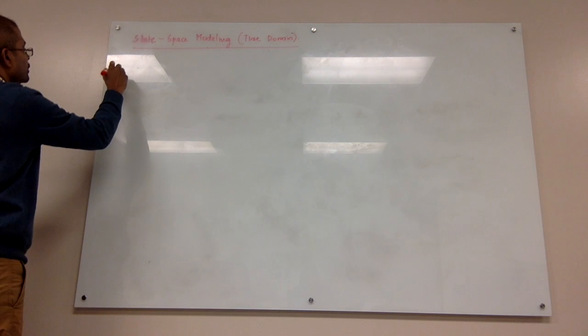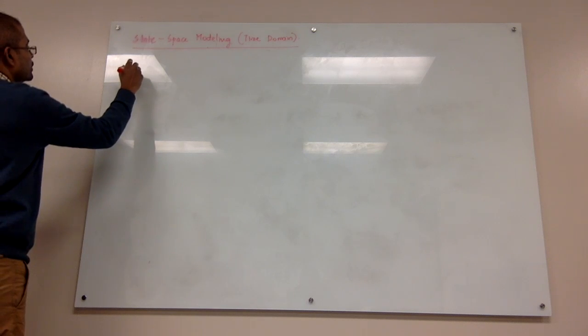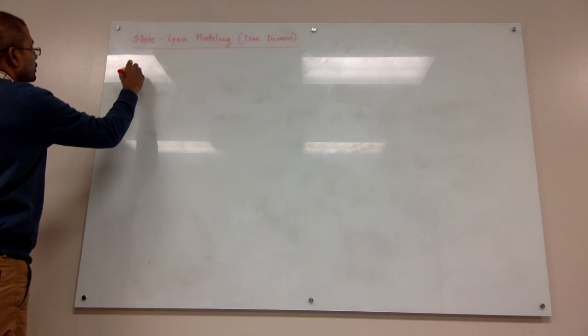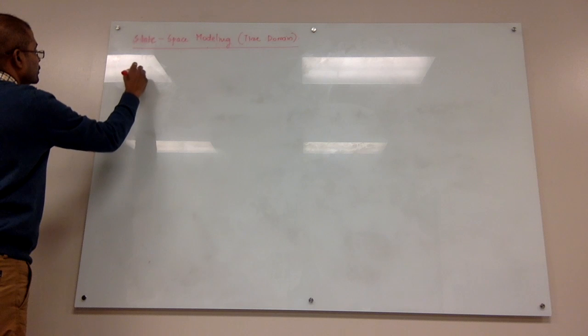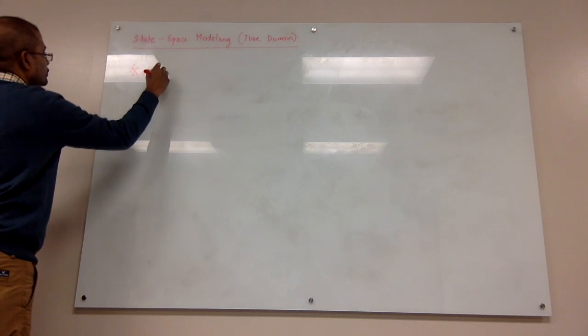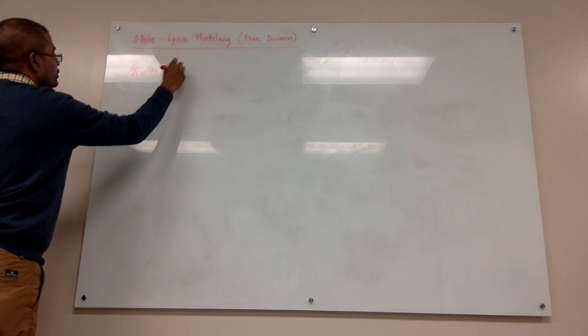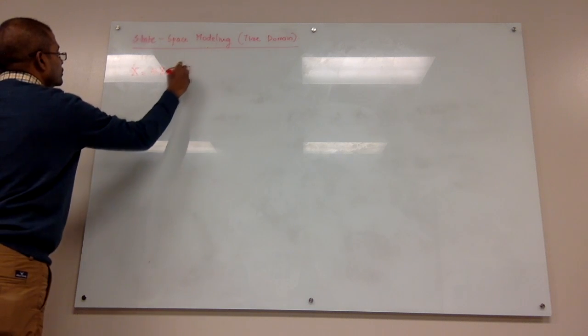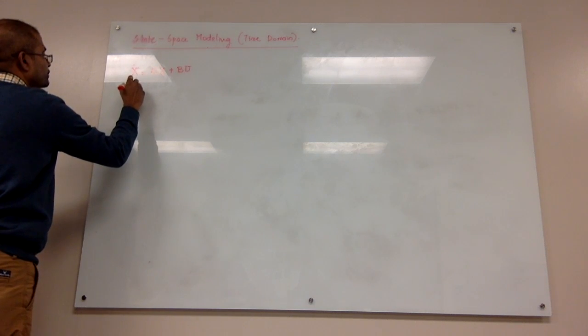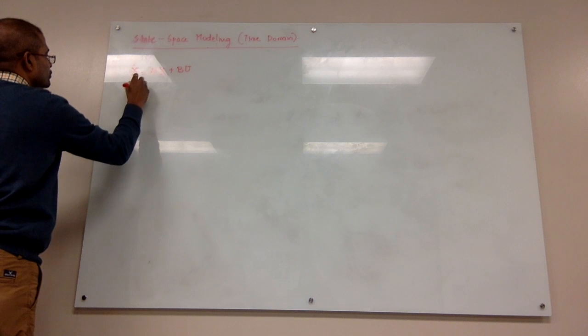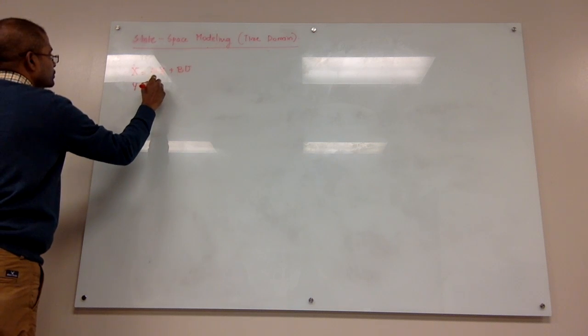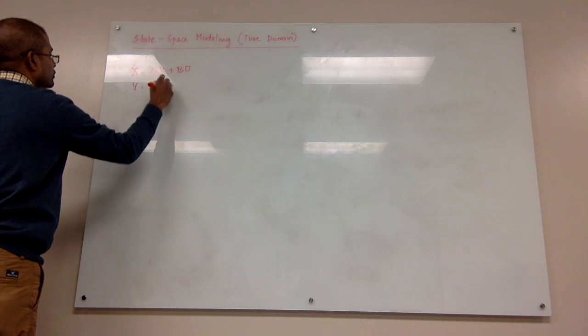What is the model? We have x dot is equal to AX plus BU, and Y is equal to